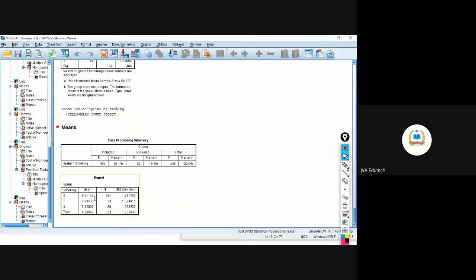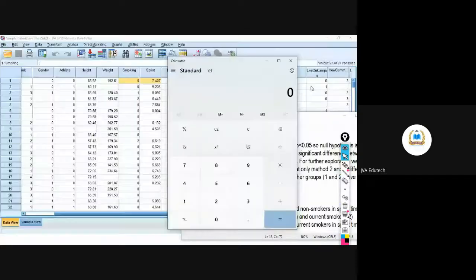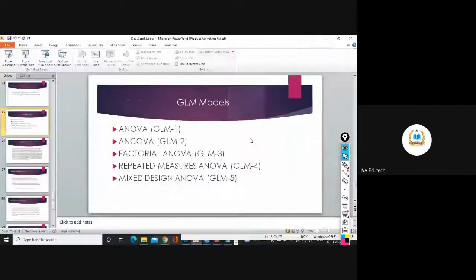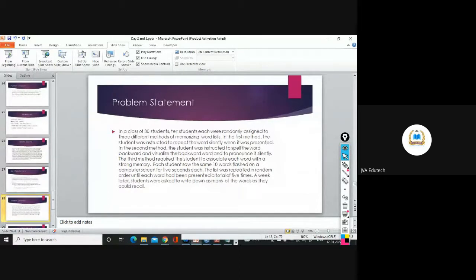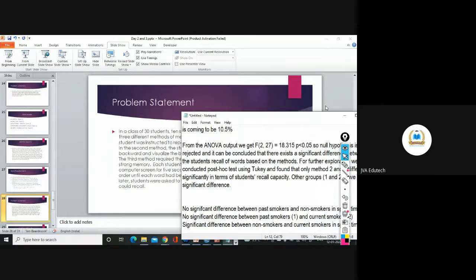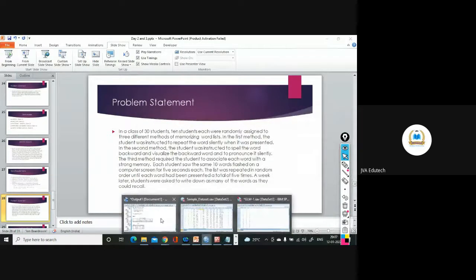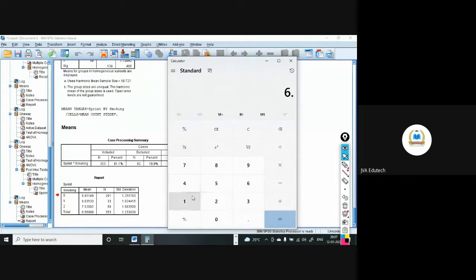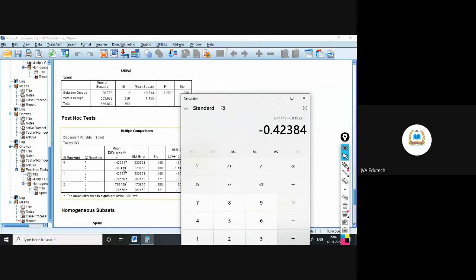We are comparing group 0 to 1. So group 0 was, sorry, so if you minus 6.41149 minus this value 6.83533, you'll get the same value, isn't it?